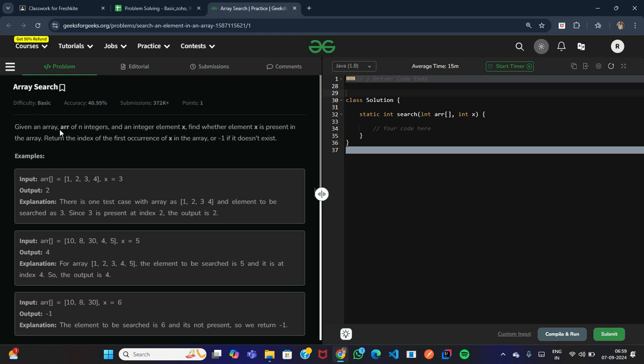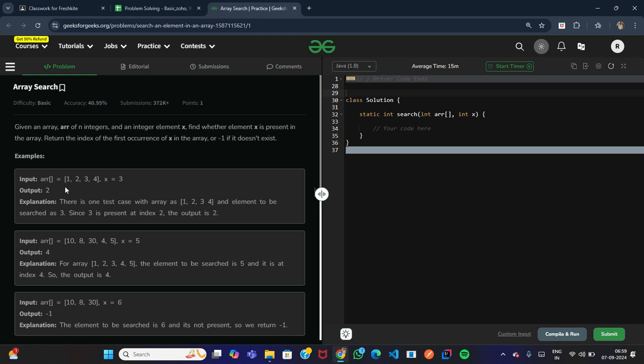Given an array of n integers and an integer element x, find whether element x is present in the array. Return the index of the first occurrence of x in the array, or -1 if it doesn't exist.